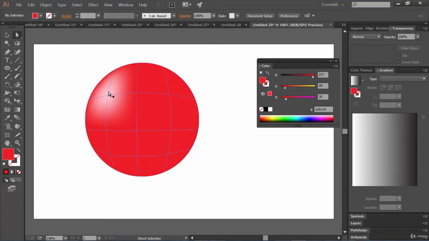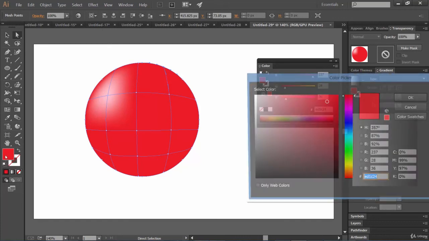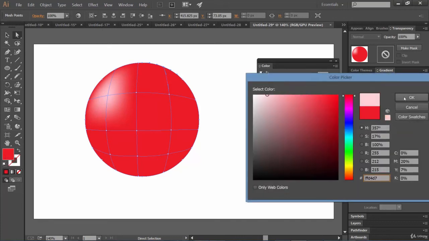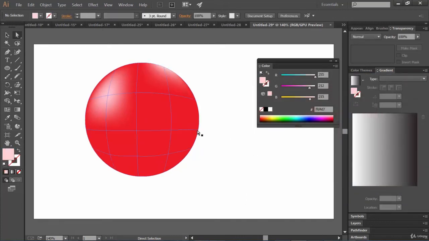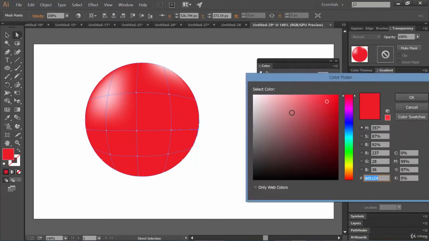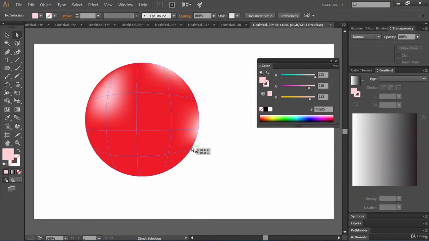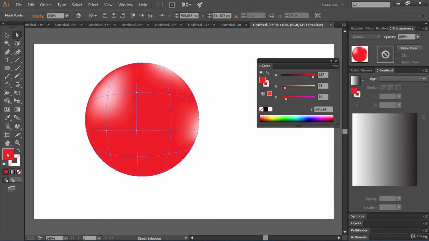So this is a shiny effect. First of all, you need to imagine how a 3D ball or a 3D sphere will look like. Let's change its color to something like this. Click here. Let's make a shiny effect here. Click at this point.